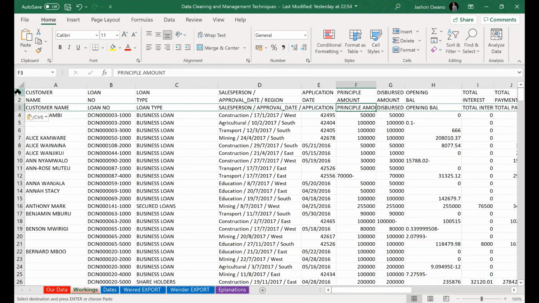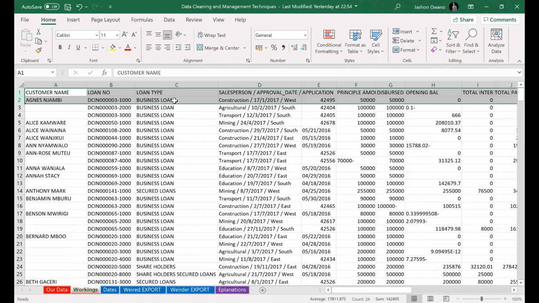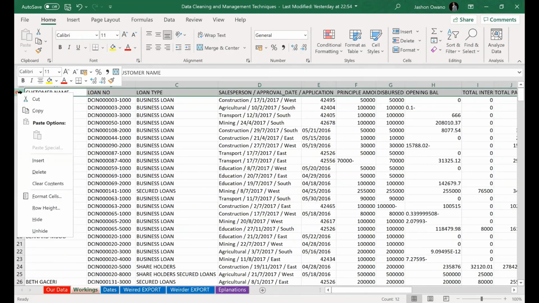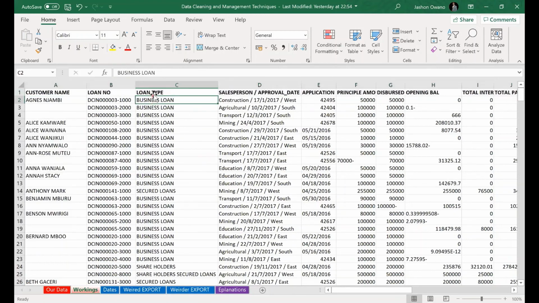I can now comfortably proceed to delete 1 and 2 by pressing Control minus. Do not forget, you want to delete, Control minus. You want to add, Control plus. You might want to throw in Shift because of the way keyboards are organized. Now, to remind me that this first row is now the headers, I'm going to press Control B to change my fonts to color blue. Is that what Control B does? No, Control B makes them bold, not blue. That was comical. So you press Control B to make them bold, and now we have graduated headers for our